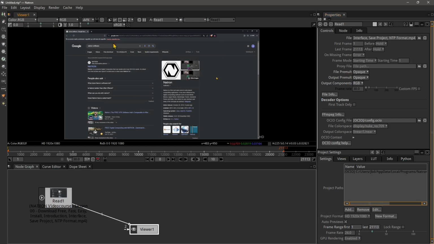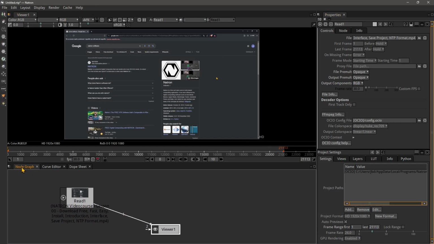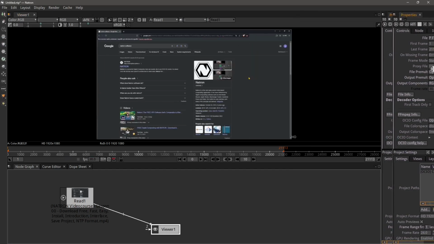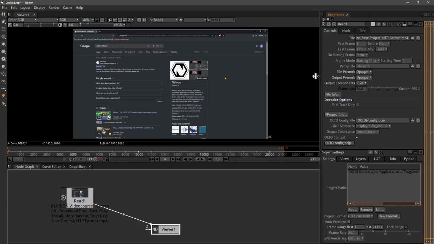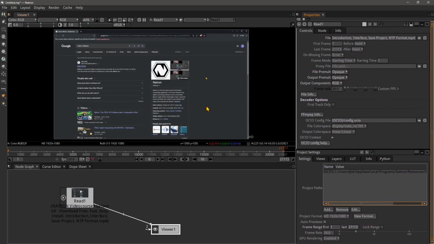So it's probably better if I want to check what's happening there, because basically the viewer is showing us the final, well, a preview of what the final result will be, of what we will export or output. So basically you can rearrange these panels as you like, as you prefer, but sometimes you could get messy